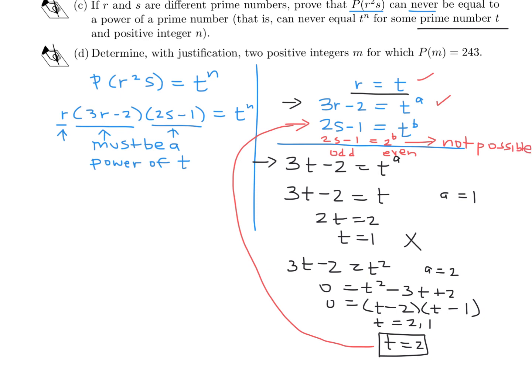Okay, so I've proven that it's not possible for t equals 1, obviously, because 1 is not even a prime, and t has to be prime. And I've also proven that when t is 2, which is a prime number, it's not possible because this thing falls apart right here. Okay, great. But what about